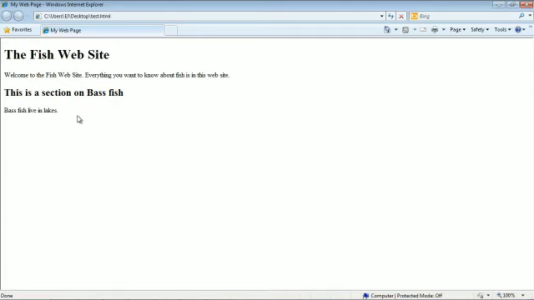I think this is clear: how we can work in HTML and how we can see the output in a web browser. You can see the output on different web browsers. These are your output web pages, made by using different tags.